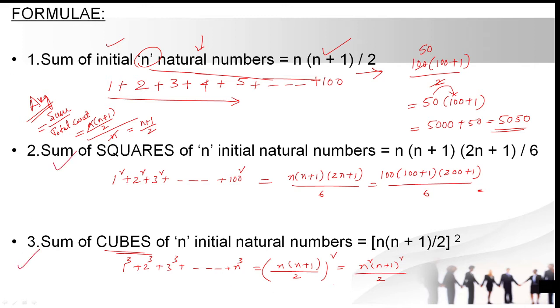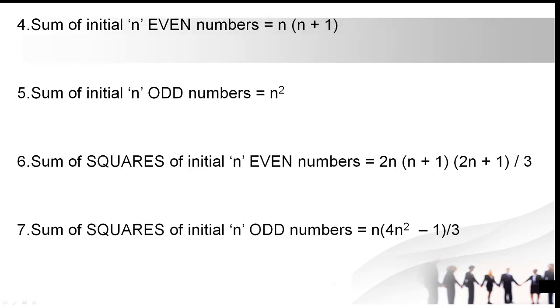Okay, we'll see some more formulas related to the sum. That is the sum of initial n even numbers. We already know what even numbers are. I'll give you an example series for that, that is 2, 4, 6, 8, and so on, let us say n. Here the n value is even. The series should end with an even number, then only we can say this is the sum of n even numbers. For this we have a formula, that is n into n plus 1. Is it clear? Okay, right.